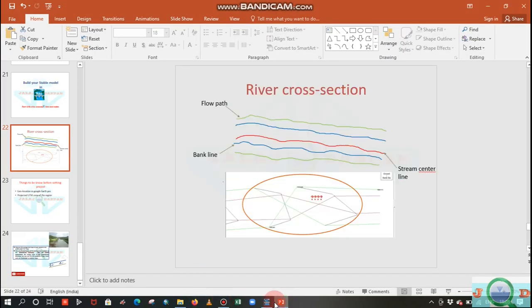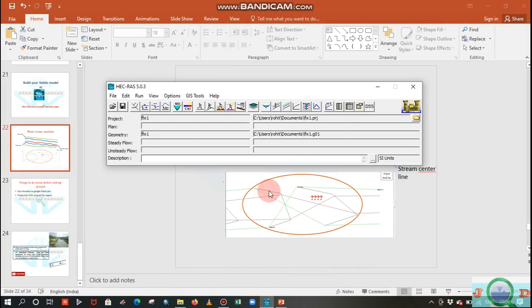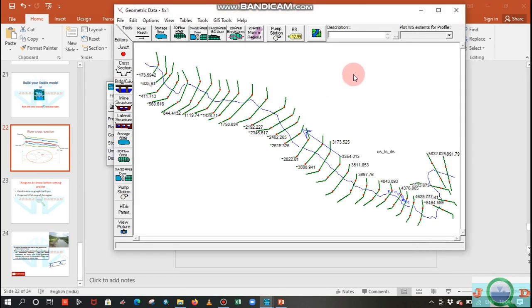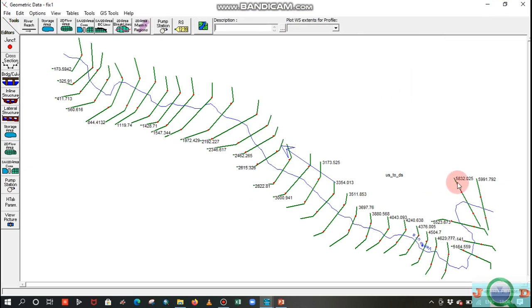If we move to HEC-RAS, I have already imported the geometry file from ArcGIS, that is HEC-GeoRAS, to HEC-RAS. Now open this geometry file. If you look here, it seems there are no issues from the view of the geometry file. It all looks nice.